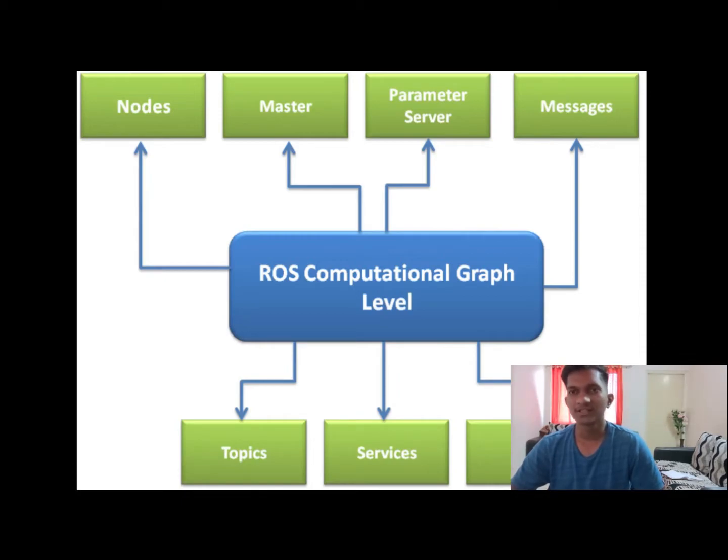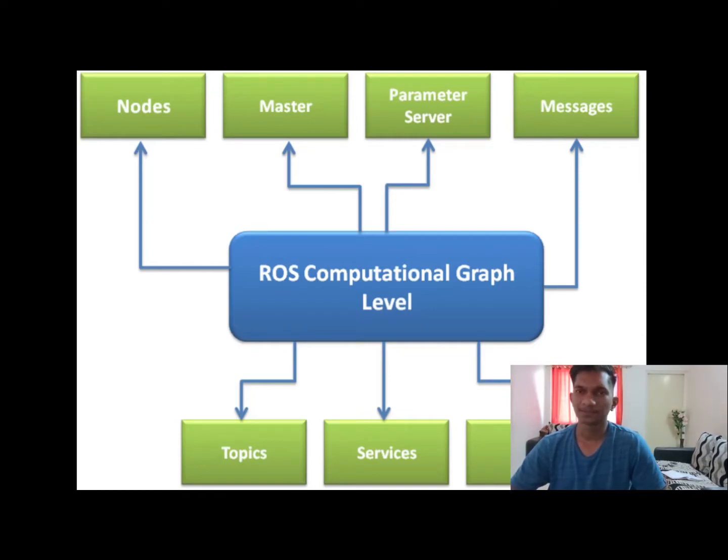So ROS master is the brain of the system. Without starting ROS master, you cannot start any node, you cannot start any service, you cannot start any action. So ROS master is the most important thing in your project. Then comes the parameter server. The parameter server is the server which contains the list of parameters you are going to deal with. Whenever you are fetching some constant parameters and you need that constant parameter, these parameters are fetched from the parameter server.